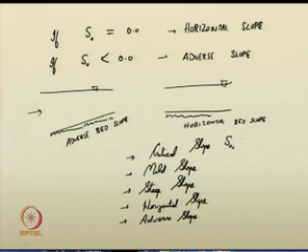So, these are the classifications of bed slope. Fine. Based on these bed slopes, you can find different combinations of gradually varied flow. How can you identify that? So, let us come back to the